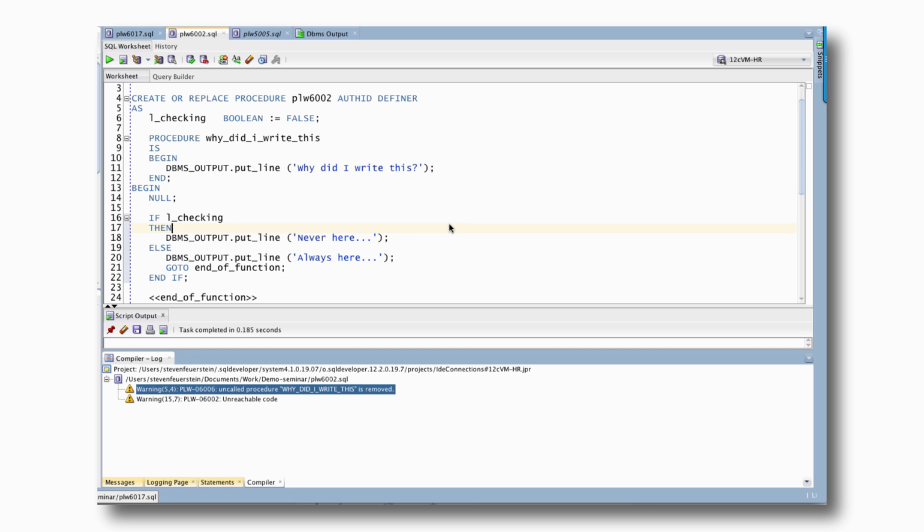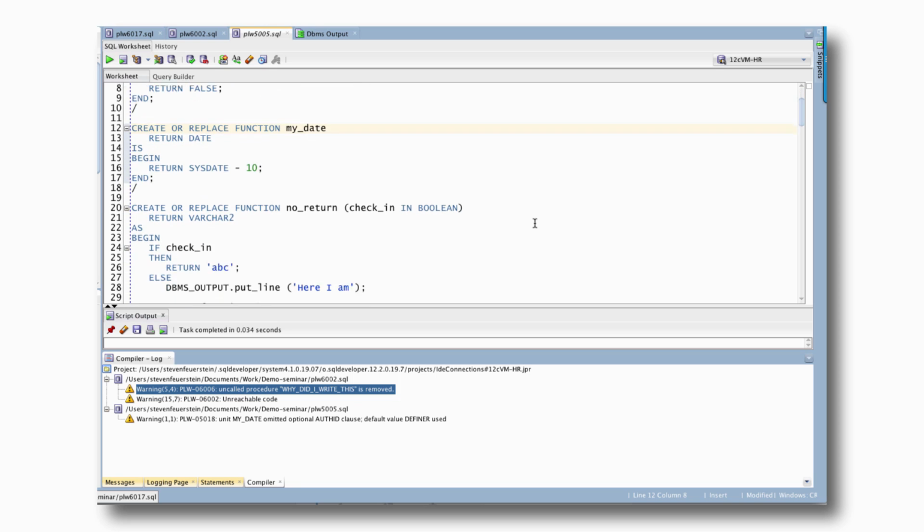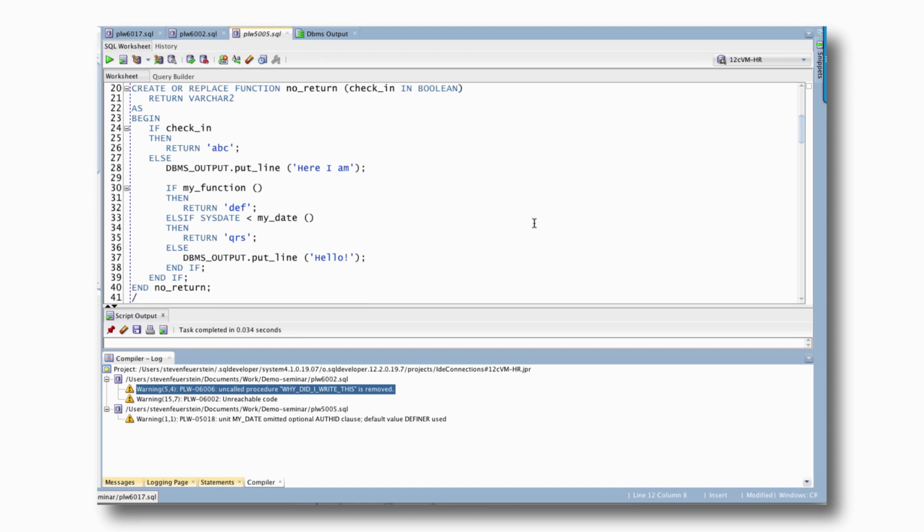Let's take a look at one more example of the kind of warnings that you can get. Then I'm going to show you how to set it up in PL/SQL Developer. We'll take a look at the error messages manual and sum up. So PLW-05005, this is one of my favorite warnings in terms of why it should be an error instead of a warning. So I'll show you how you can do that too. So I'm going to define a couple of functions. These are being called by my main function. And here's my main function, NoReturn, hint there. And when I compile this function,